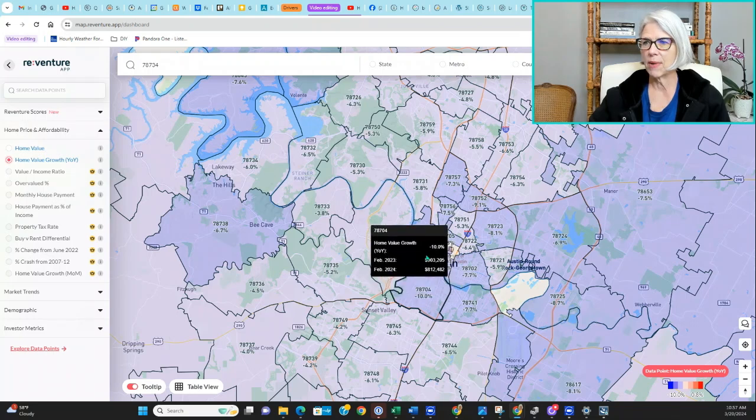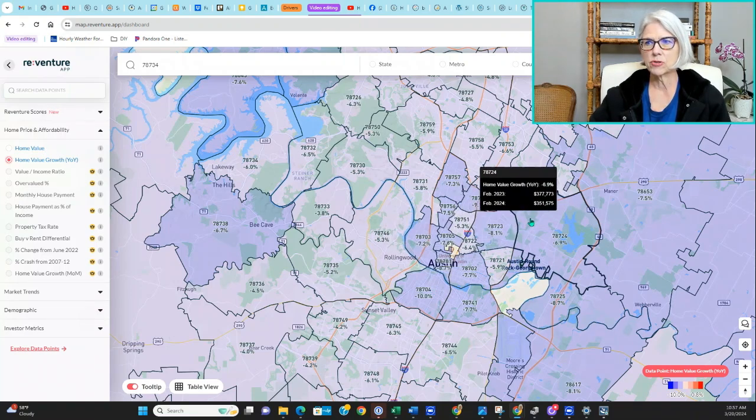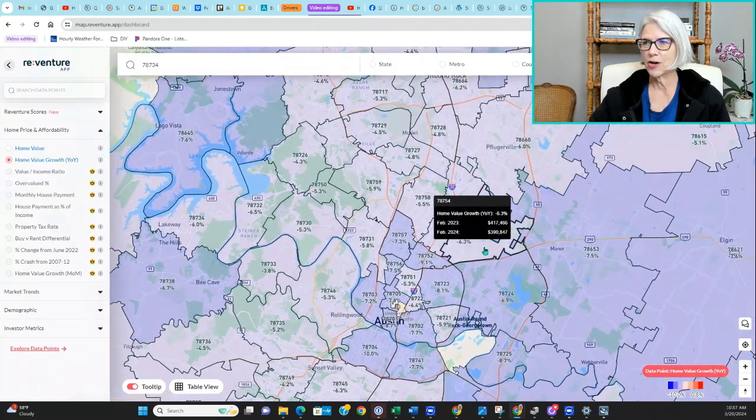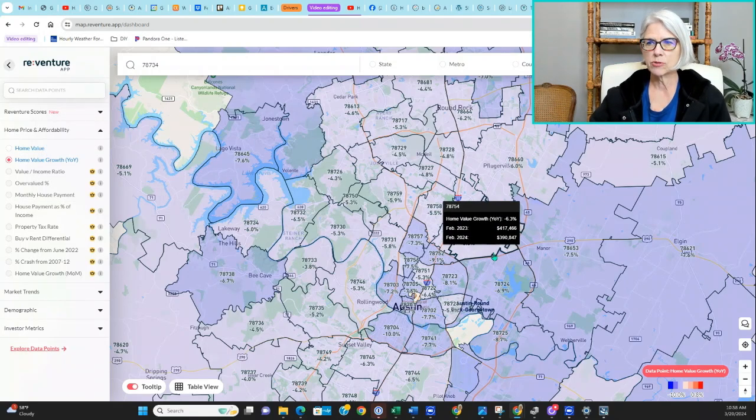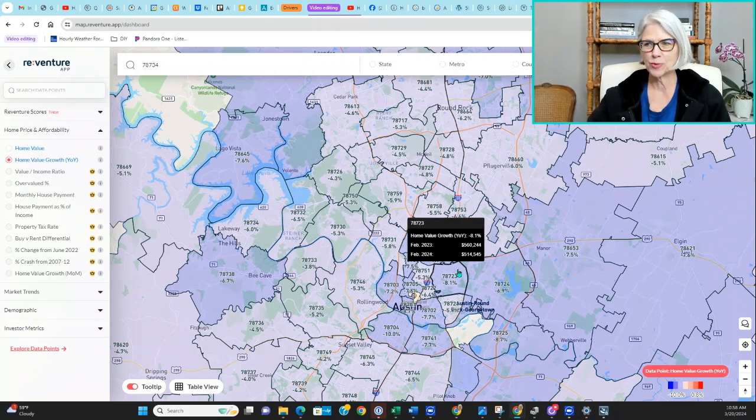Here's an area that's down by 10%, which is really interesting because that's just south of downtown. So people think the closer to downtown, the less likely it is to depreciate. Not the case here based on the data that we're seeing. I'm not seeing any place that indicates the prices are down by 17%, 18%, but we may be looking at a different time frame. And if you watch my information, you know how important the time frame is for the data that you're looking at for investments as well as real estate.